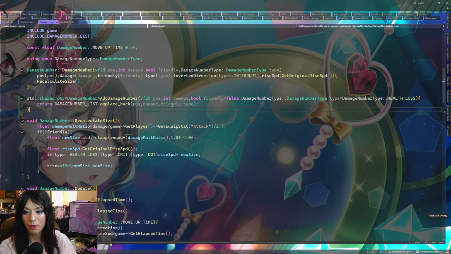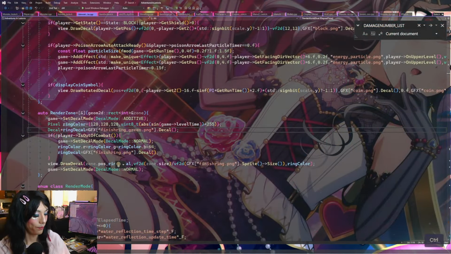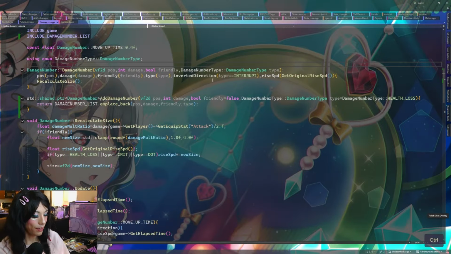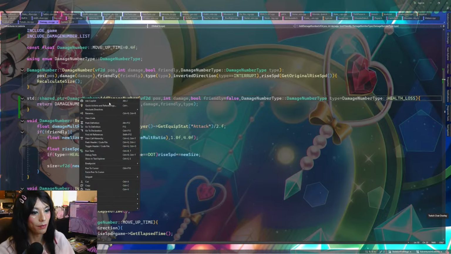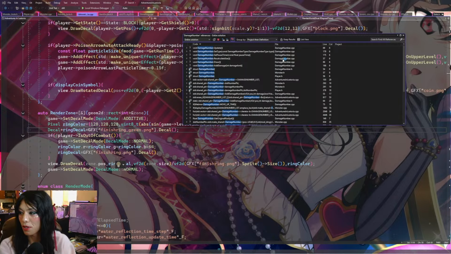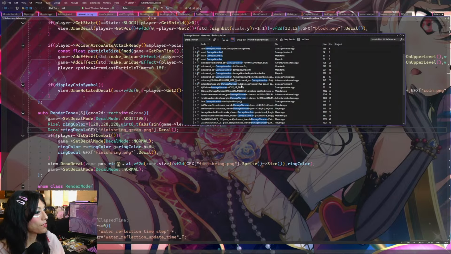So now I was going to replace all the add damage number calls throughout the file. That way, we're using the new system. So we're gonna search for any places where we reference damage number. And we're gonna go in and edit those to instead, let's see, so any place we do a standard make